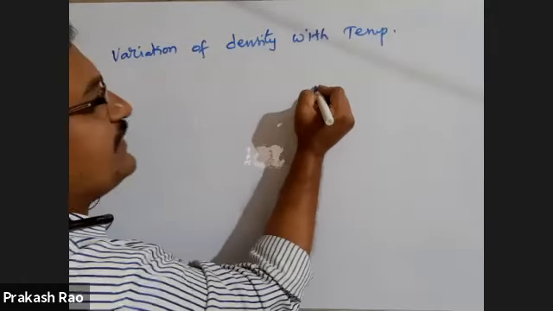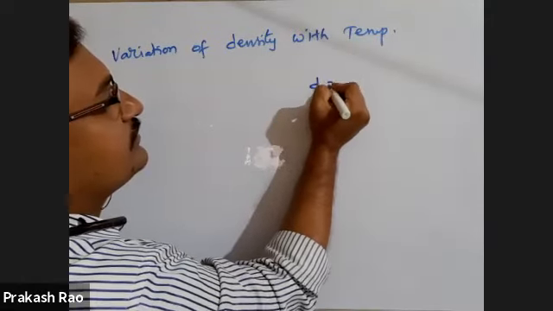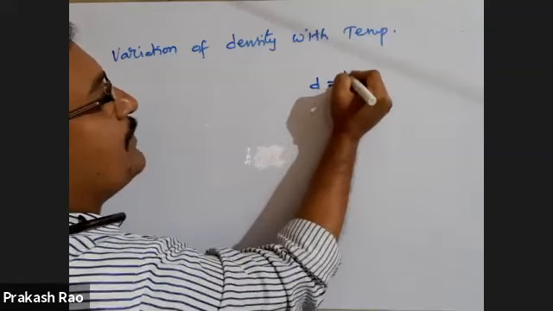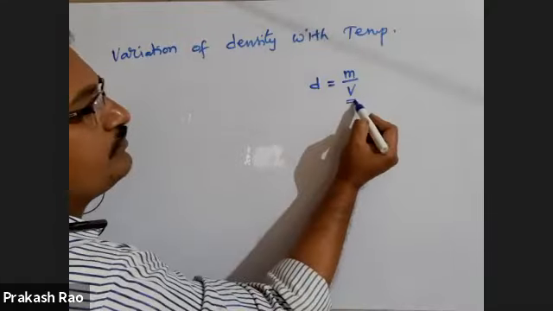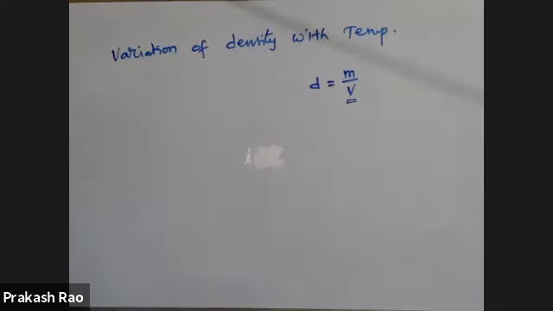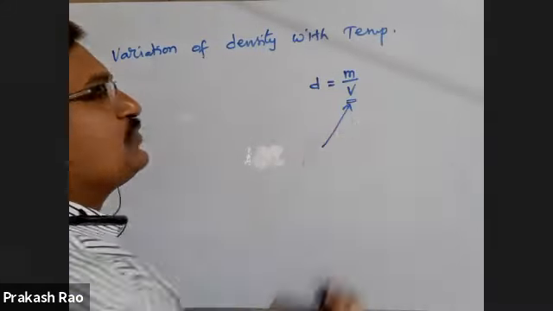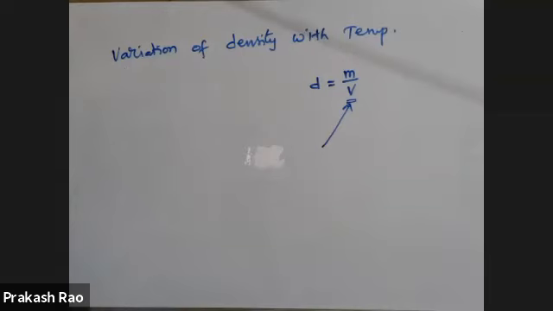Okay. What is density? A general formula for density: mass upon volume. The ratio of the mass of the body to its volume is called the density. Suppose I am heating a body, assume that you supply heat to a body. Then what happens to its volume? Consider a sphere made of iron and its volume is say 100 centimeter cube. Now you are supplying heat to that. If you supply heat, then what happens to its volume?